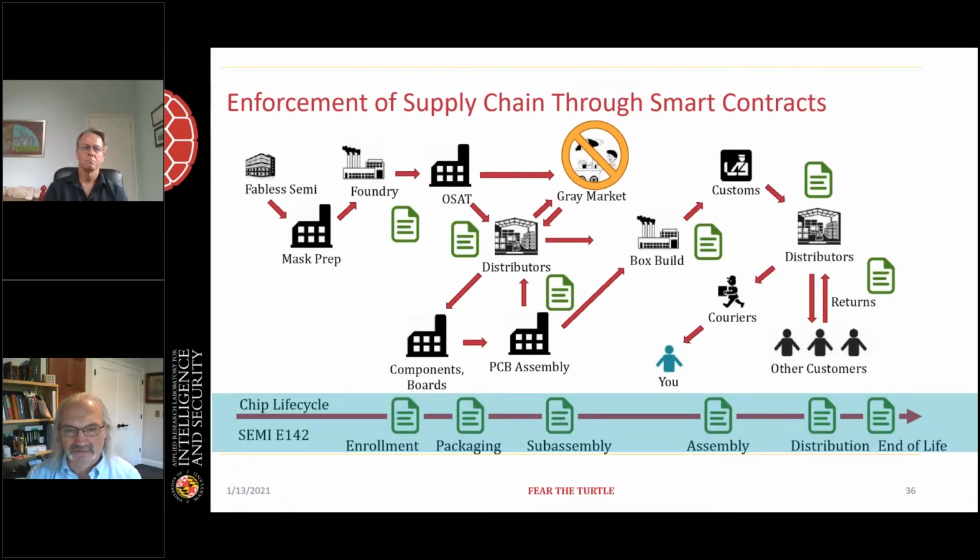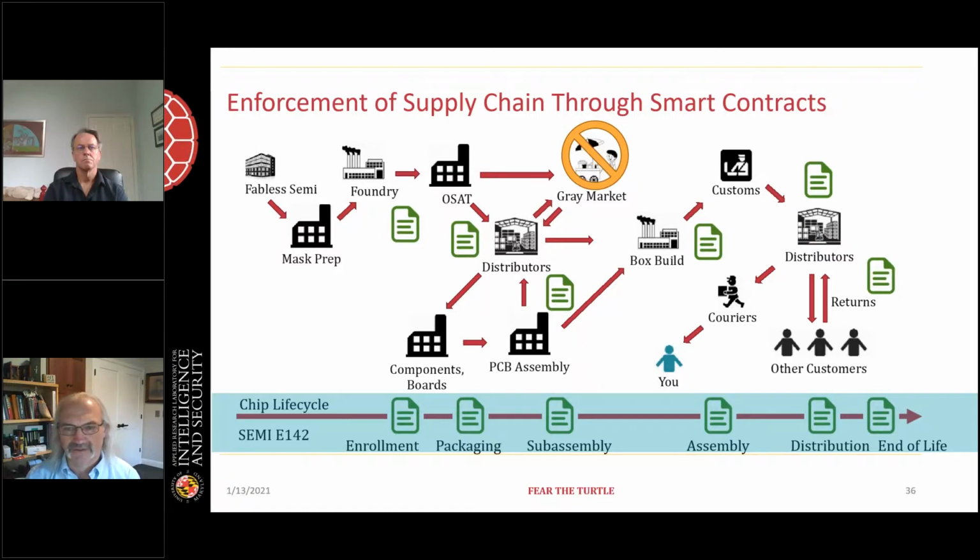which basically shows what we're doing on this DARPA program that also ties into the work going on in SEMI with the single device tracking that Dave and I are involved with, trying to establish a new standard around that. This particular example shows blockchain being used for implementation of this. So you can see each of these little green smart contracts as devices flow through the supply chain. Bits of information are added about where the device was, where it came from, and that's tracked all the way through from enrolling the device as it comes out of the foundry,